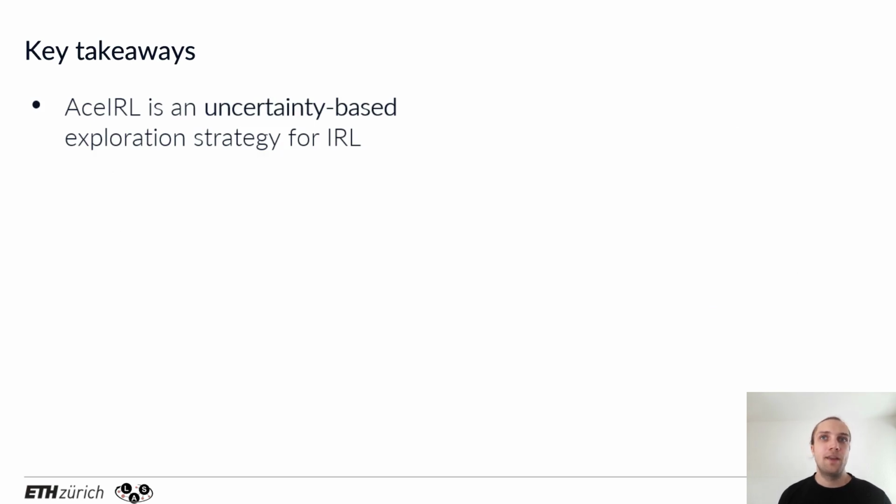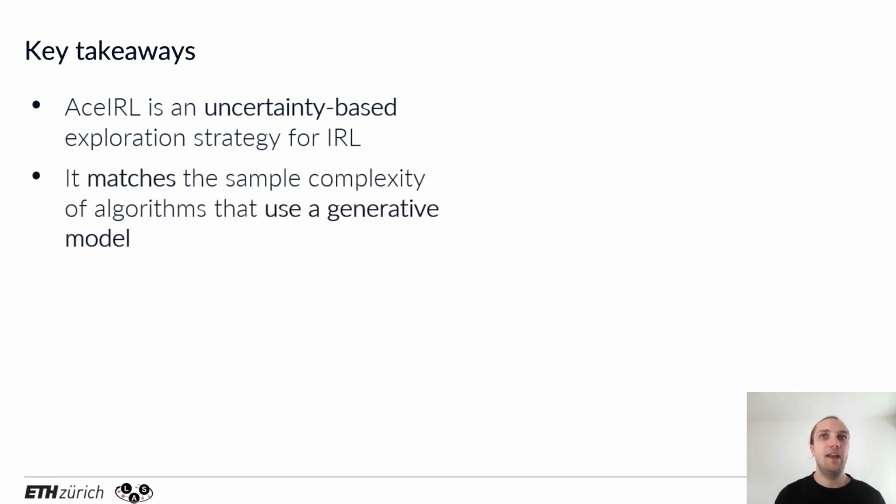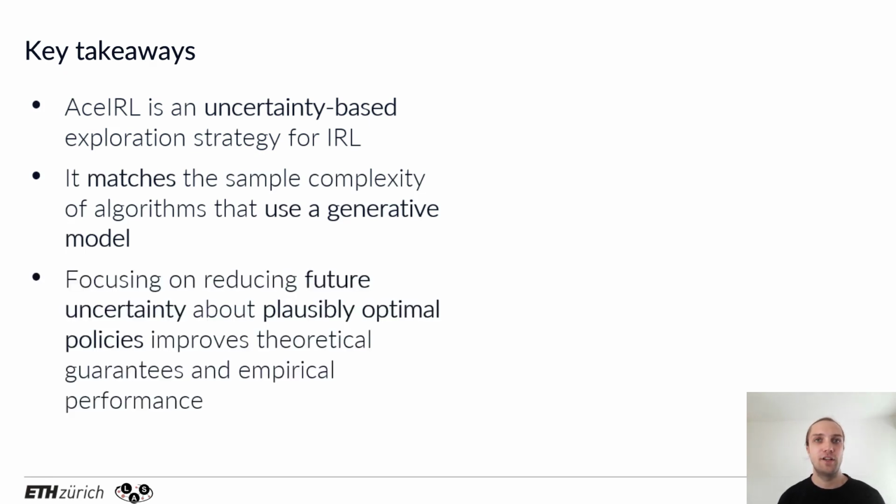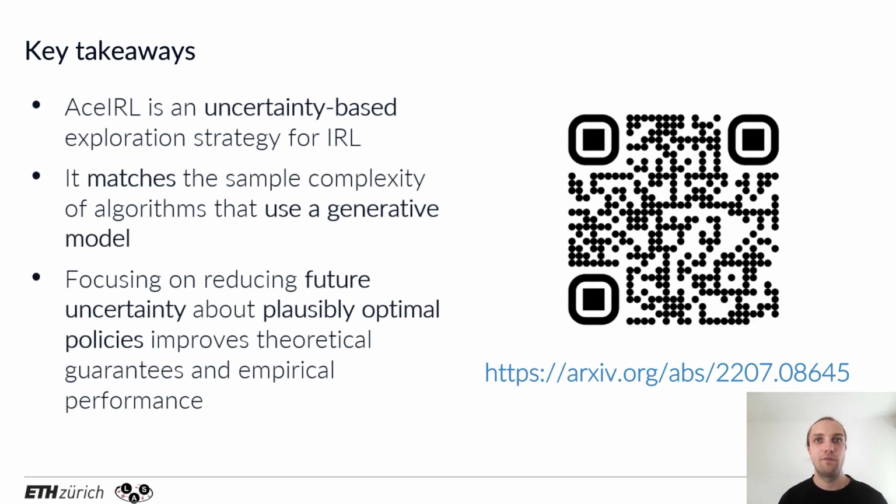So to summarize, AceIRL is an uncertainty-based exploration method for inverse reinforcement learning with unknown transitions, unknown expert policy, and no generative model. Still, it matches the theoretical guarantees that previous methods achieved with a generative model, which is kind of nice. And then we also showed that with this improved version of the algorithm, we get a somewhat better theoretical bound, but much better empirical performance. So looking at only plausibly optimal policies and reducing future uncertainty is also a nice takeaway for practical approaches. If you want to know more, do check out the